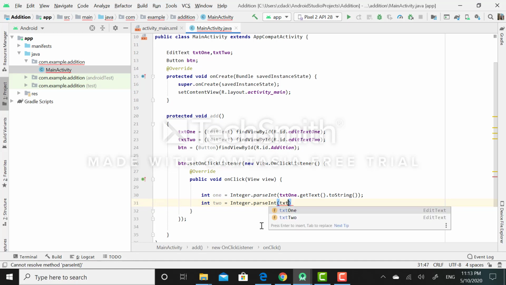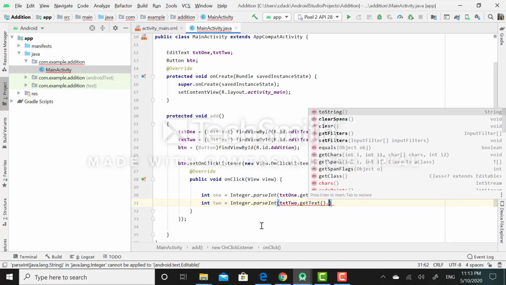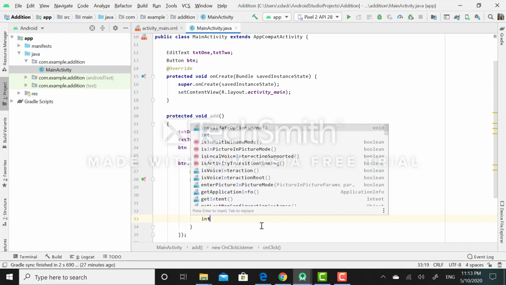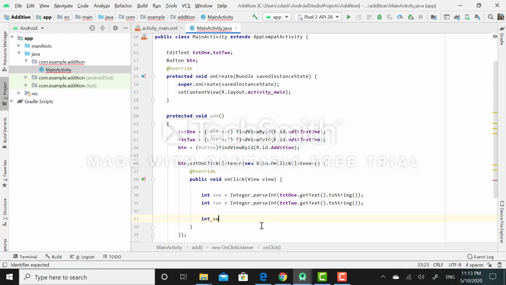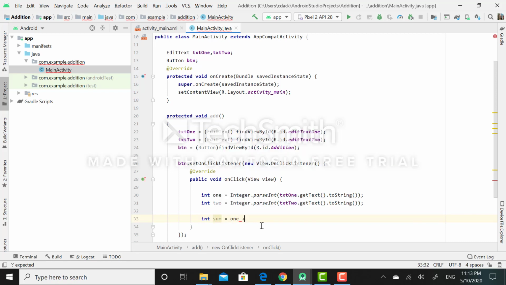So I will simply call here text2 reference.getText.toString. Then I will declare third integer variable. I will name it as a sum, and I will add both values 1 plus 2.